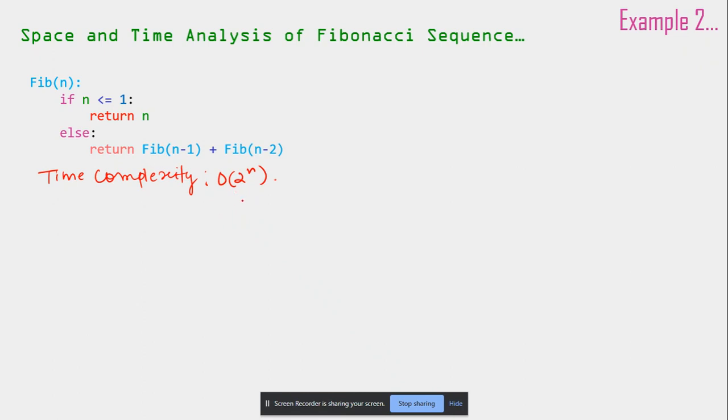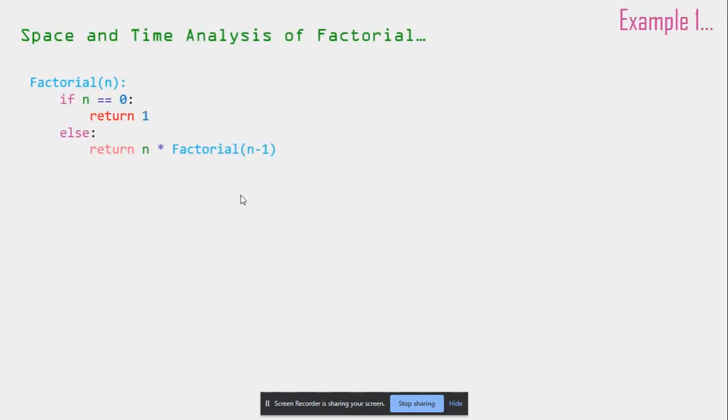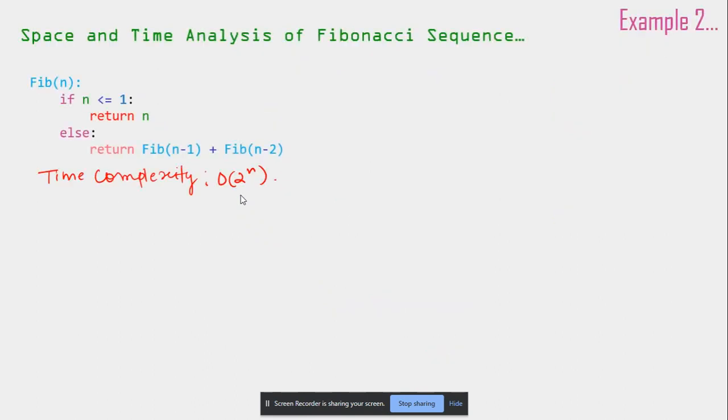Now, again, as we did over here, we're going to have the recursion tree for this as well. Let us see. We have to calculate the Fibonacci series till 6. You know what the Fibonacci series is? If you do not know, Google it, because you must know. So we have to calculate till Fibonacci 6. For Fibonacci 6, we need the previous two numbers, so f5 and f4.